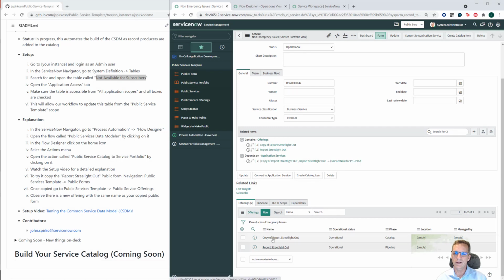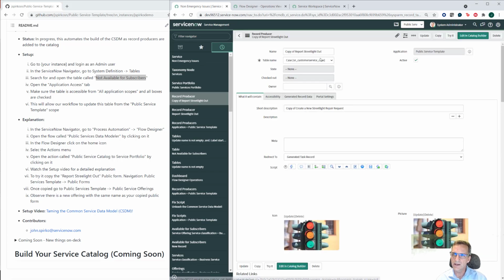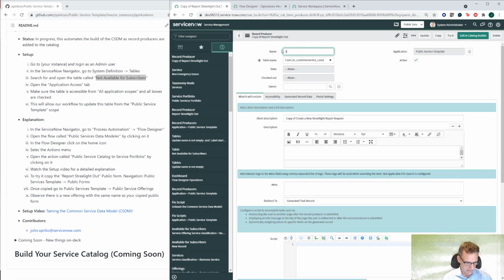Now, we don't really want to call it copy of report street light out. So what I want to do is actually create a new categorization for this. If you wanted to try that, I can go back to that record, my new record producer called copy of report street light out, and I can rename this. I was just talking to somebody the other day, and we were doing a student appeal form. So I can do a student appeal,